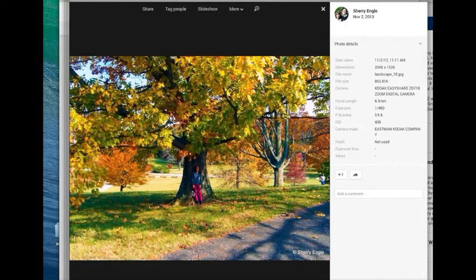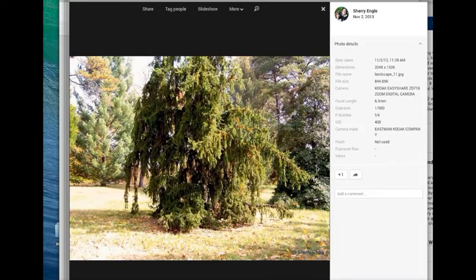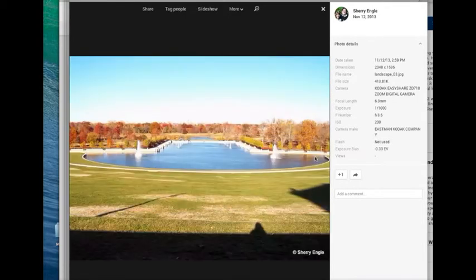Definitely all kinds of compositional alternatives that you could do with that. And when you have something like this and your meter on your camera is reading the darkness of this, it tends to make these other areas go a little bit too bright. So this is perfect kind of an example of where you might want to shoot a couple different exposure compensation